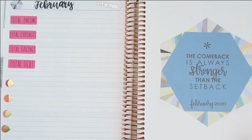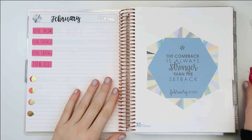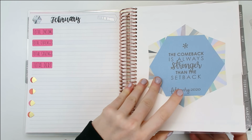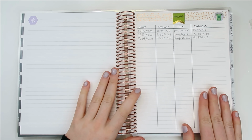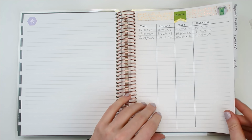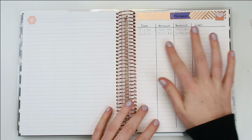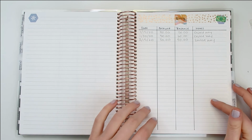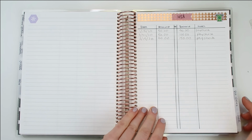So that being said, that is pretty much everything that I do to update my budget. The only other thing I do is update all of these income and spending trackers in the back. I track my income from my expense reports, my payments on my mortgage so I can see how much we pay to the mortgage in a year, my giving that comes out of my paycheck, my HSA that comes out of my paycheck, and then